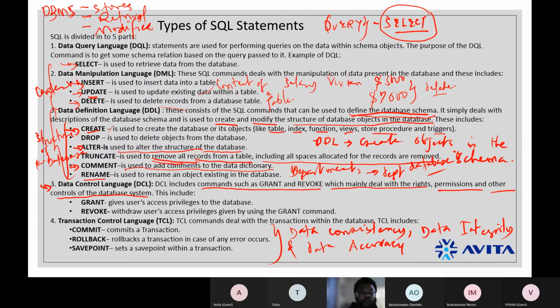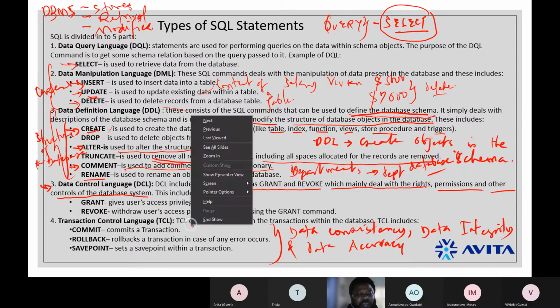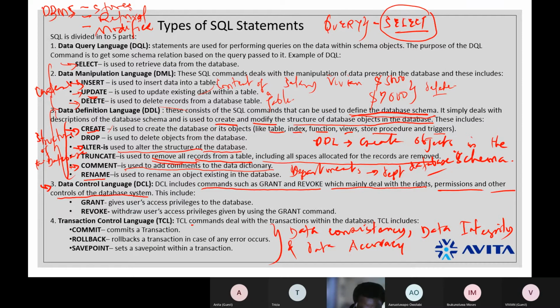In the database, when we make a transaction, right? Transactions are actually made by what? DML. We would understand this as we proceed. DML statement and DDL statement. When we make a transaction, either through a DML statement or a DDL statement, and you discover that what you have done is good enough for the database, what do we do? We save it.